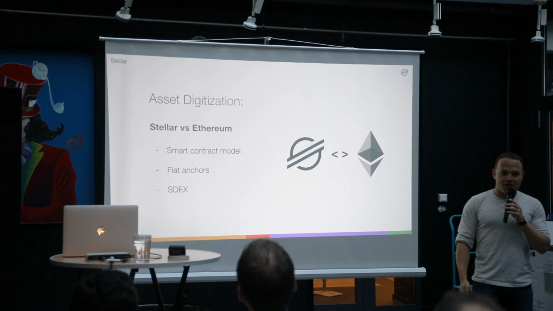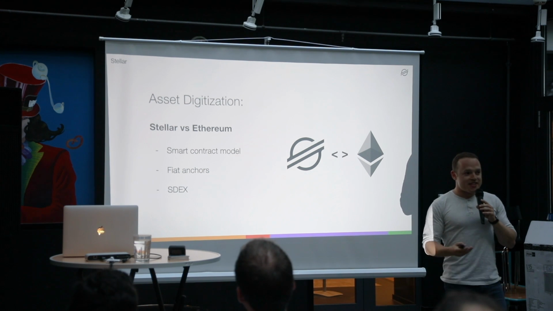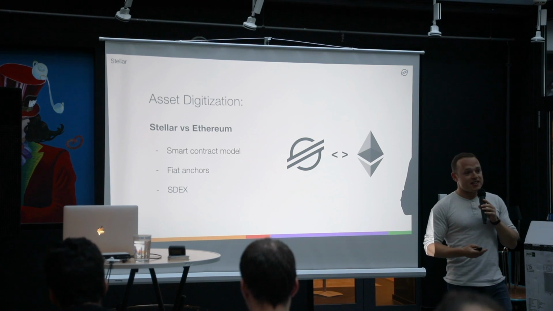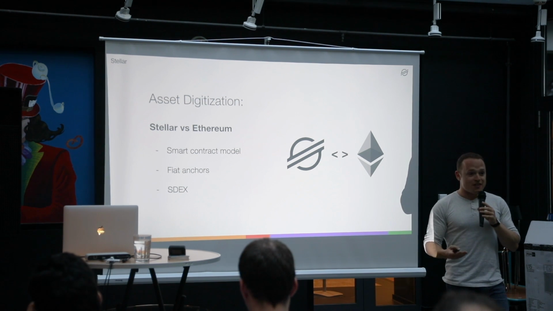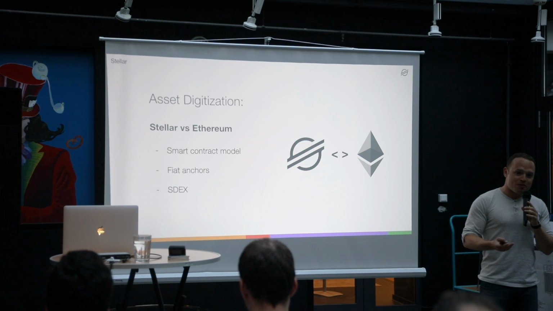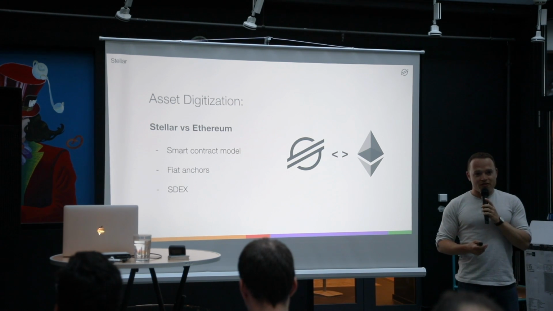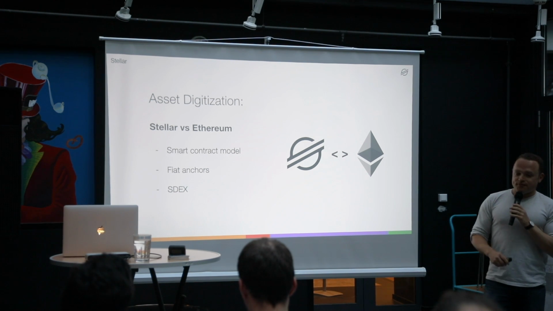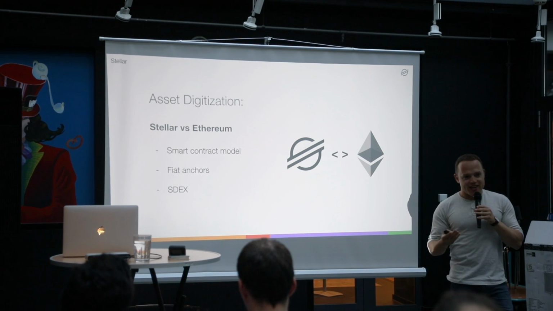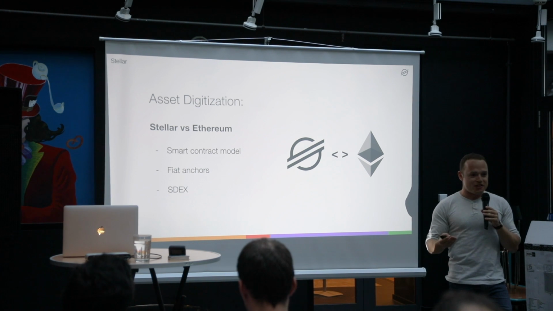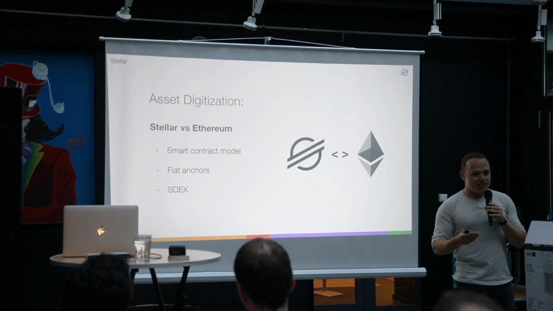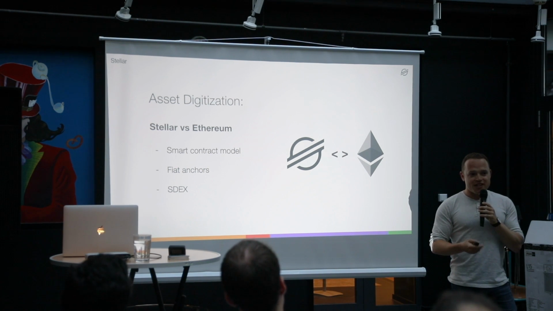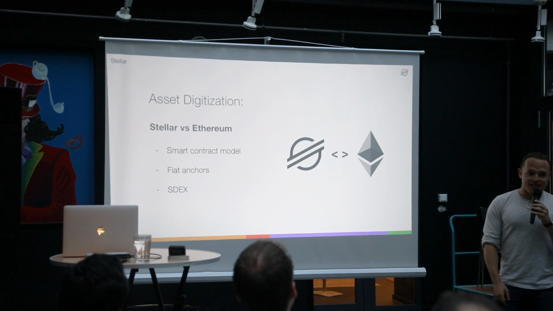And so a question that I'm asked quite often is, what's the difference between Ethereum and Stellar when it comes to asset digitization, or tokenizing real-world assets? And again, like most things, there's a number of reasons, but I think 3 of the more salient ones are the following. And I should say that Ethereum is the default choice for this. I think most ICOs and most STOs as well have been done on Ethereum, but there's a number of interesting differences in the approach to this.